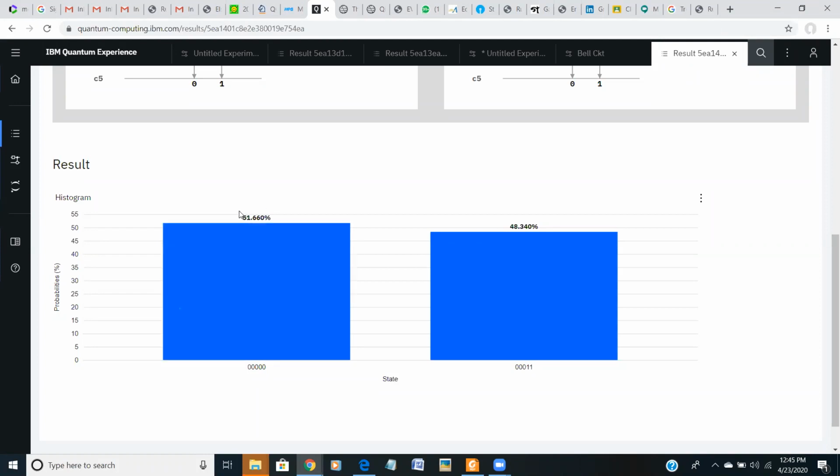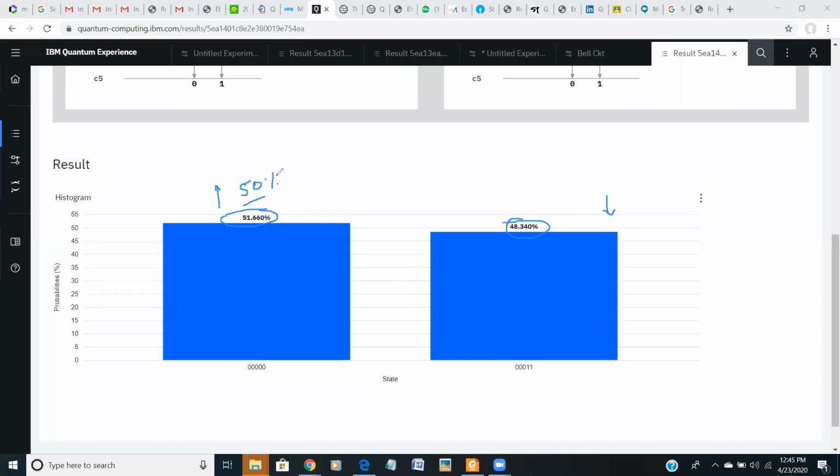So 1 by root 2 is exactly, theoretically, a 50%, but practically it's slightly larger or slightly lesser. And you can see that the summation of these two is always 1, because it's probability.